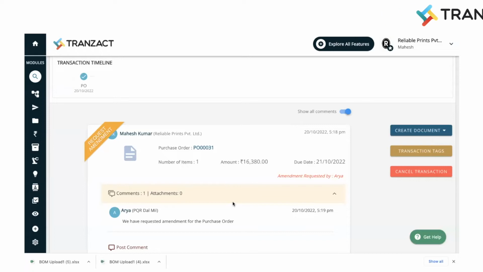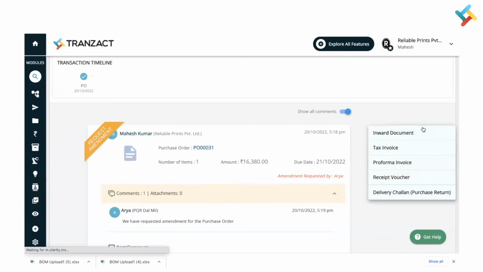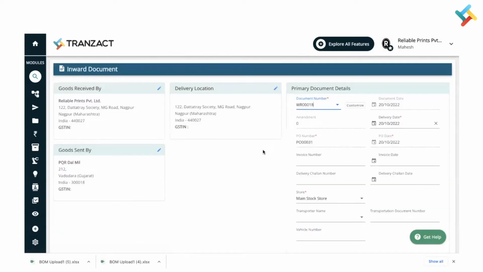Hello everyone. How to take inward if request amendment is showing on the PO. In this example, request amendment is showing. You can very well go ahead, click on create document, click on inward document, and you can create your inward